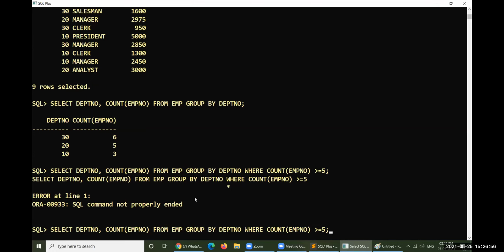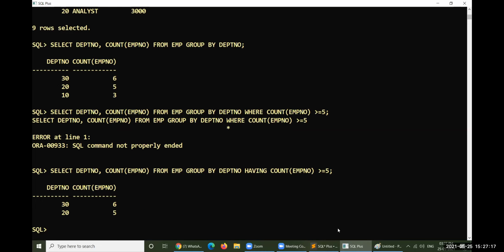Then there is one clause, having, H-A-V-I-N-G, having, after grouping everything. So what is that particular having you are expected? Count of number of employees within the department is greater than or equal to 5. Look at this. Okay. If you want to apply a filter condition within the group, you must use having.